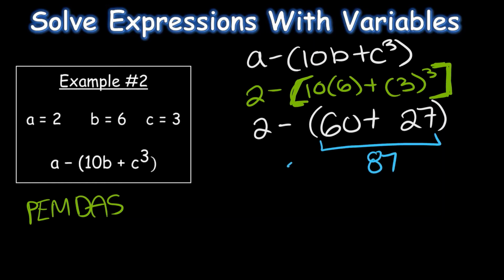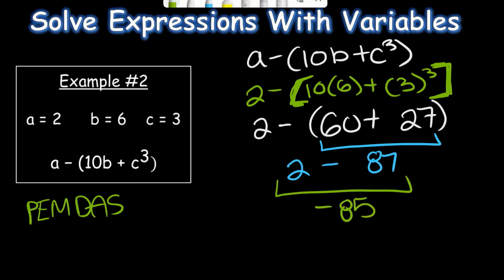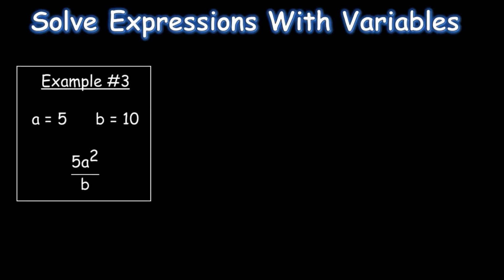And now we are left with 2 minus 87. And when we solve it, we get negative 85 for our simplified expression. And lastly, for our third example, we have a equals 5 and b equals 10 for the expression 5a squared divided by b. So let's write out our expression, 5a squared over b,